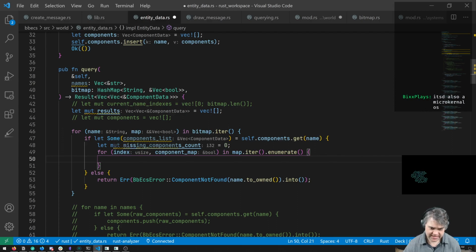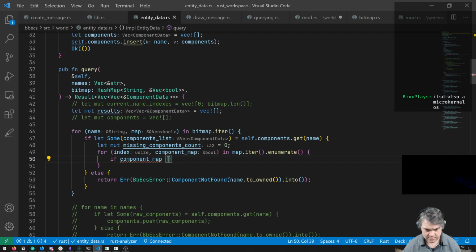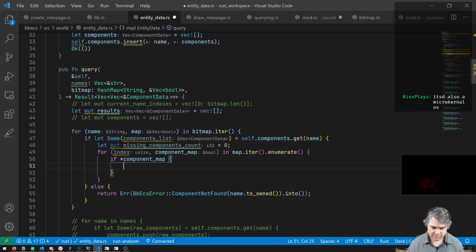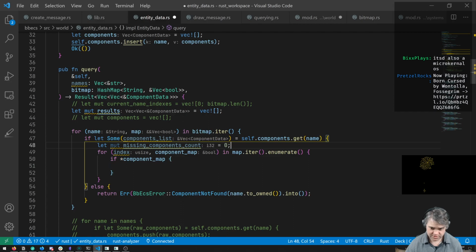Okay, so for index in component map, if component map, if you're true, I have to dereference that to get the actual true or false. Okay, so if you're true, then I want to push into results, which means we need another vector in here for these actual results.